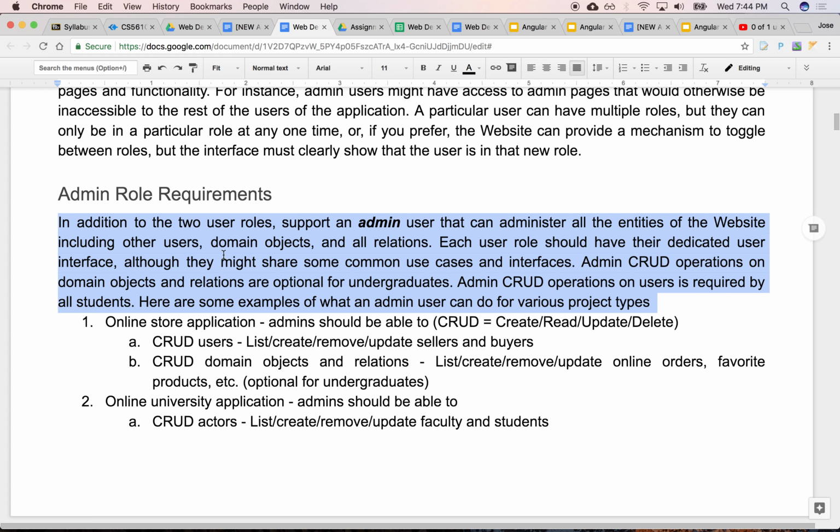We don't own that content. You're only caching it locally for some reason. And so it makes no sense for the admin to be able to edit it. It might make sense maybe to remove it, but it might make no sense to edit it.